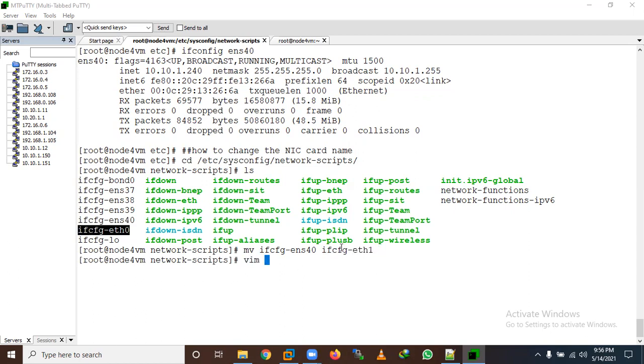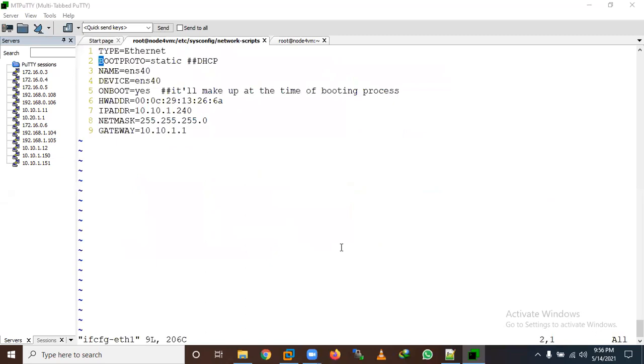Now move it to ifcfg-eth1. Here first we need to change ETH1 and ETH1 inside the file, and the most important thing is the MAC address.